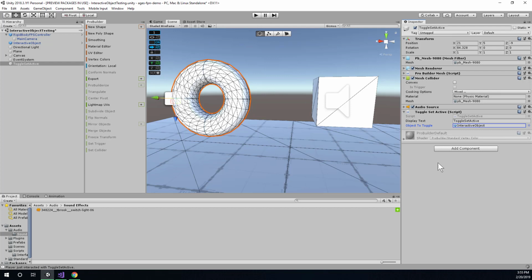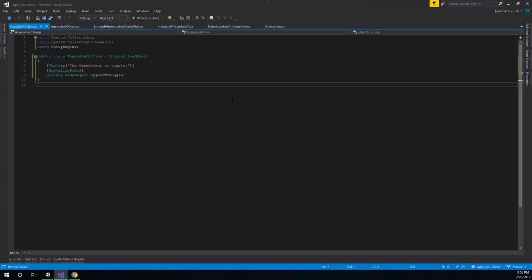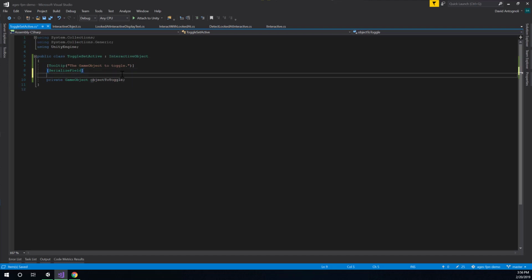And so now if I save and go back to this and let it compile and I mouse over, you can see I get my tooltip. So anytime as a programmer you think you might add a comment to explain what a serialized field does, so if you find yourself thinking, I better explain what this is, don't do that. Instead, go ahead and make that thought public for the designer to see also, so you can use the tooltip